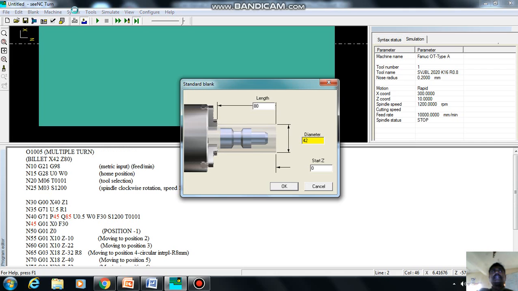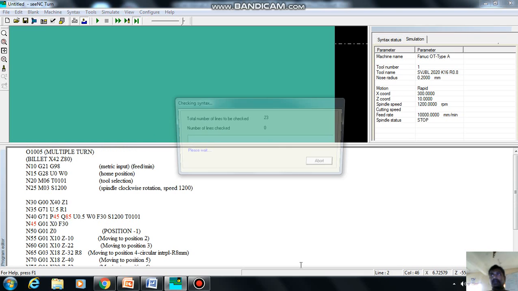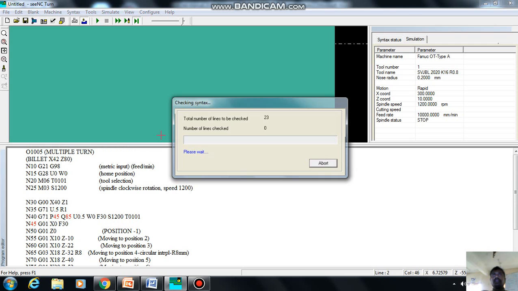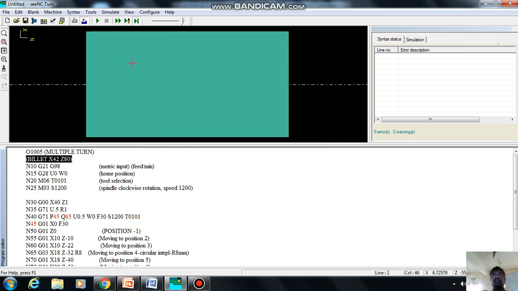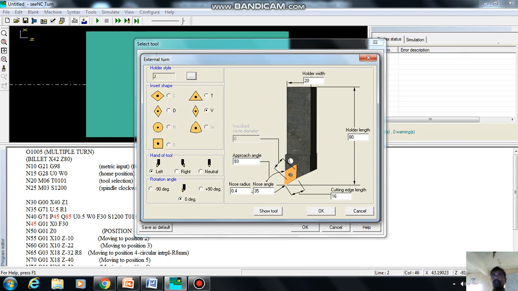So now it's not there, no problem. Then it will give the tool number, already we have given the tool number T01. Again go for tool, suppose if it is not performed, go for tool number and external tool. Here you have to give the external, find any one tool. Here I am going to select this one and give the nose radius as 0.2. So give OK, fine, OK. And simulate. Now syntax is over, then I am going for simulate.